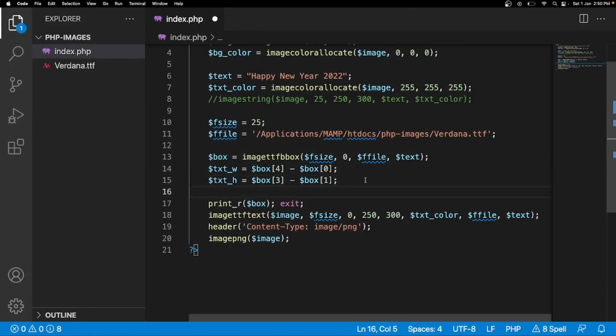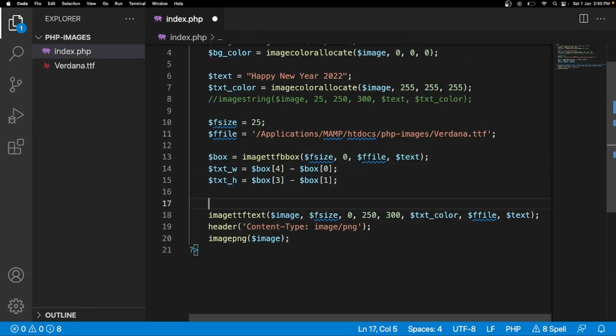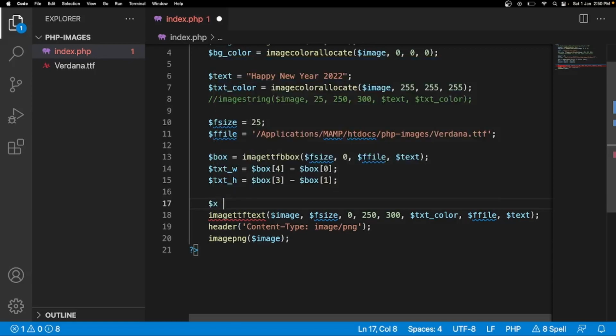Now if you get that, you can remove this. Now you have to actually calculate your X and Y for the text, right? So here I can simply say $x equal to, you will be needing the actual width of your box, and we have to subtract this value.